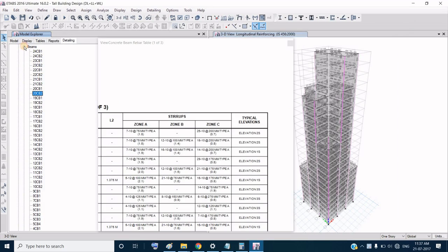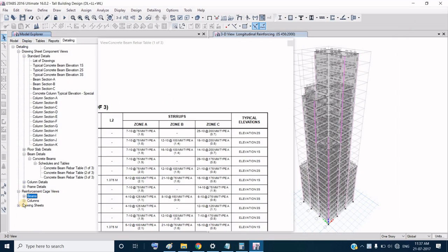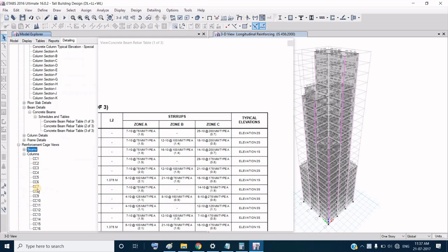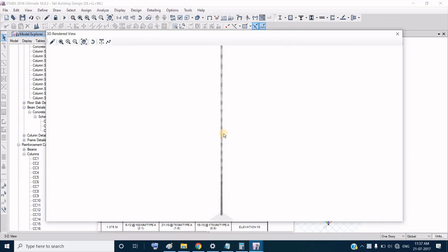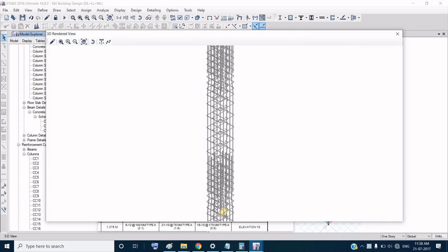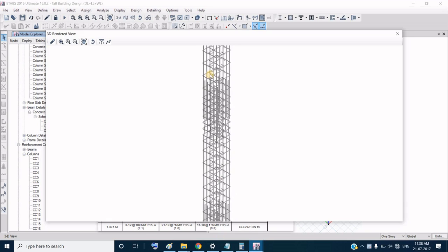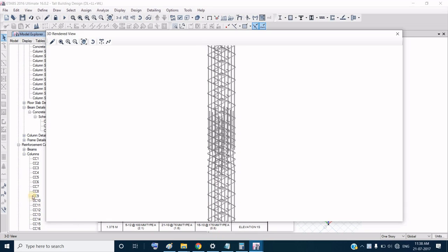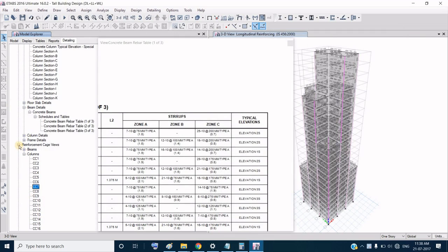So from here you will go to the reinforcement casing views. You can see for columns, similarly you can select any one. You see, scroll using it. This is the casing for the columns that you have clicked here. So this is all about